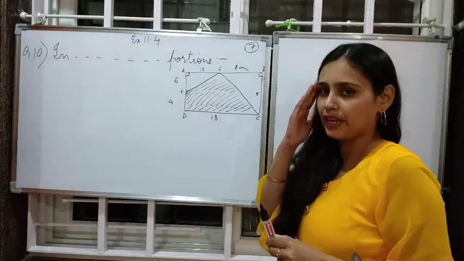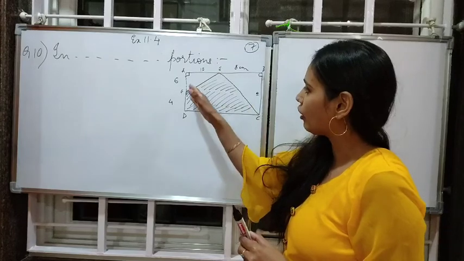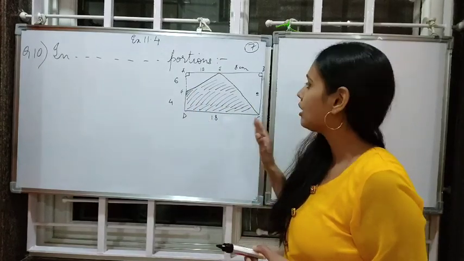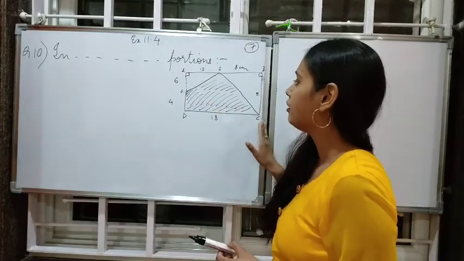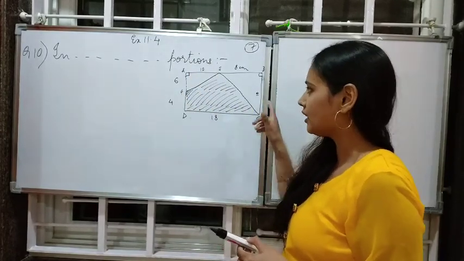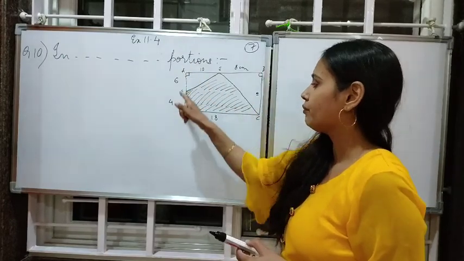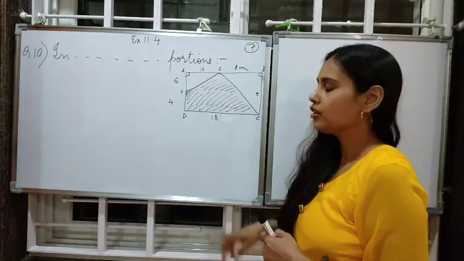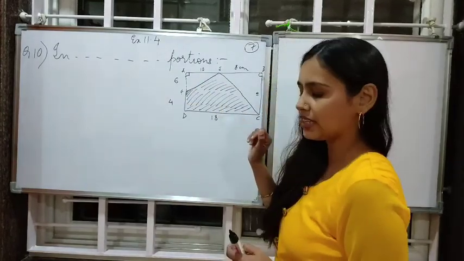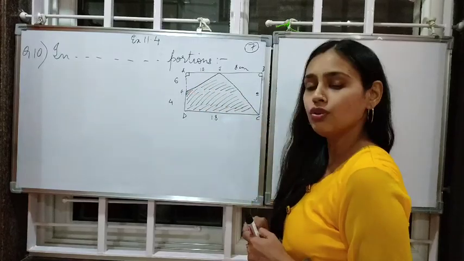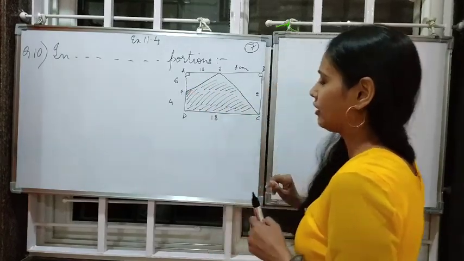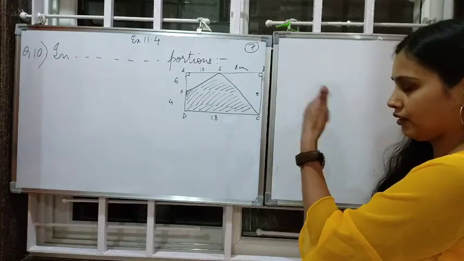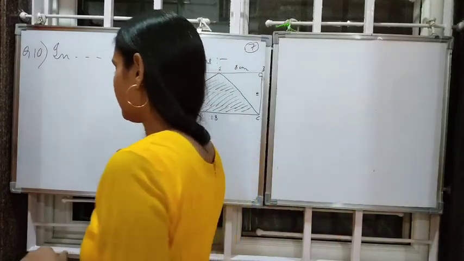Just we have to use our brains a little bit. Because we are not able to understand which type of shape it is or how to get the area of it. But when we see the entire figure, we can see that this is a rectangle and these two are triangles. So if from this rectangle we cut these two triangles, we get this area. Okay, so we find the area of this rectangle, then the area of these two triangles, and then subtract the area of the two triangles from the rectangle. Okay, so let's do that.